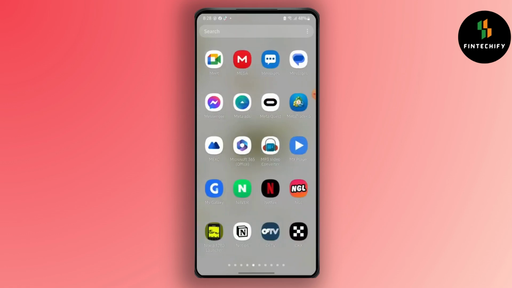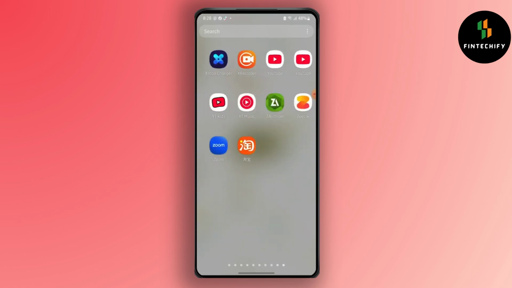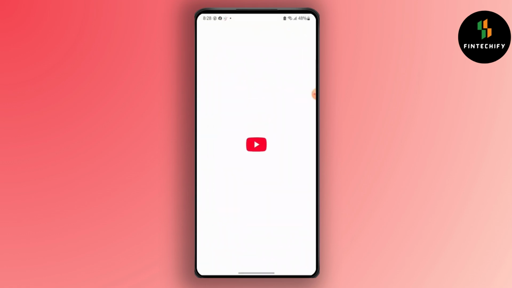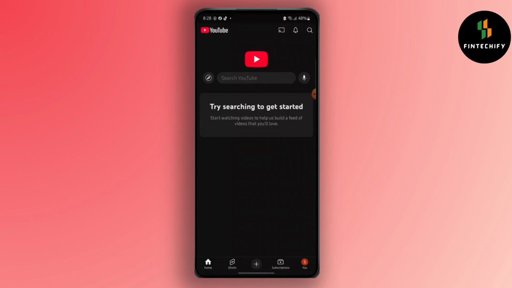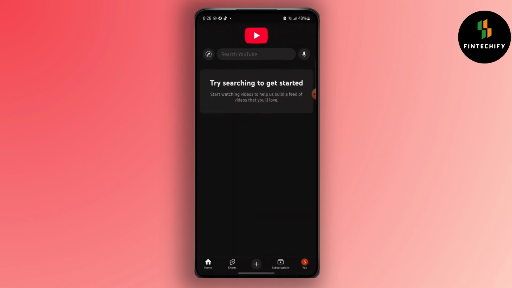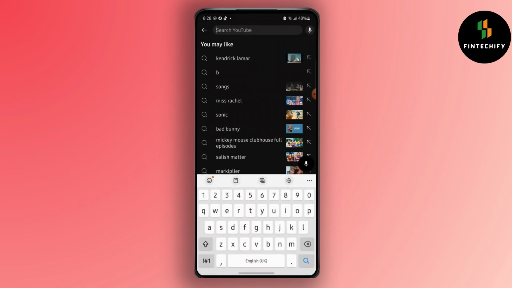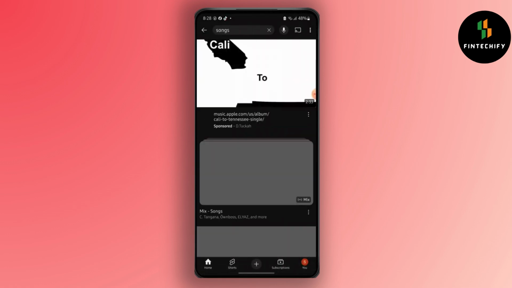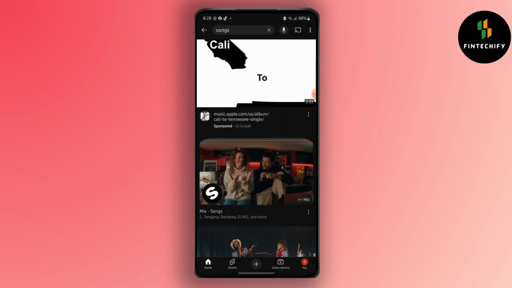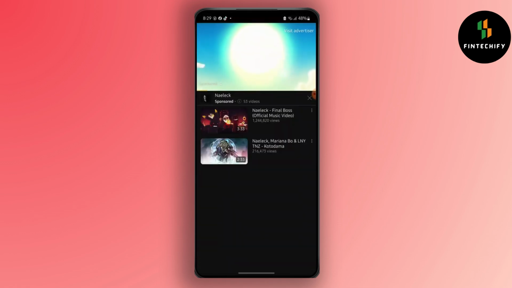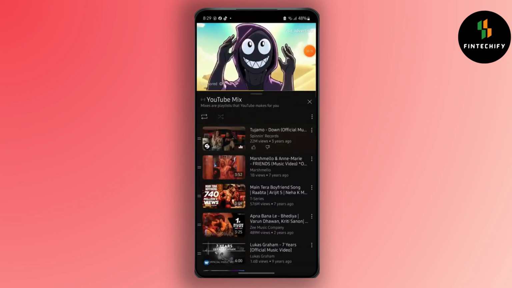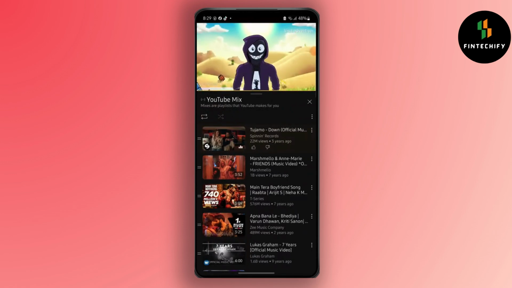First, launch your YouTube application. After that, simply open any video. Play the video, and now in order to get the transcript of the video, what you will have to do is